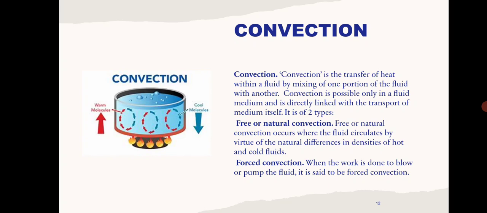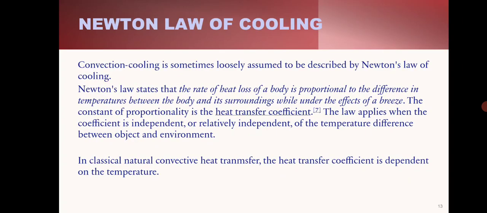In this diagram, in a bowl, the water molecules get heated. The water molecules at the bottom of the bowl get heated and become lighter, and they move upward and push the cooler water in the upper part of the bowl, forcing it to come down. It is a kind of convection example.